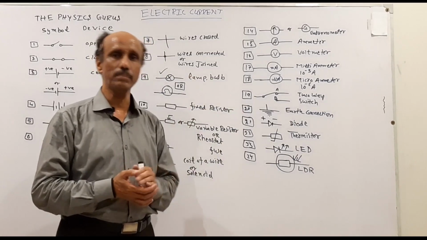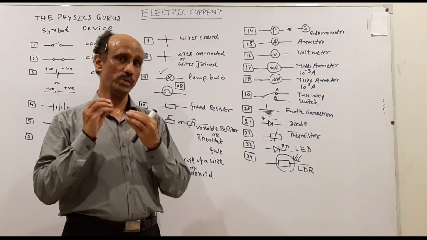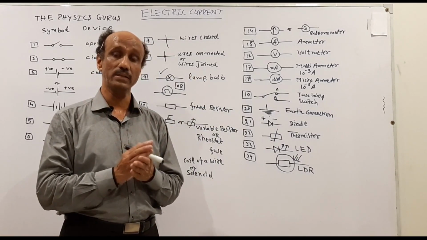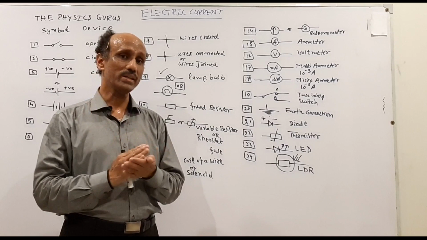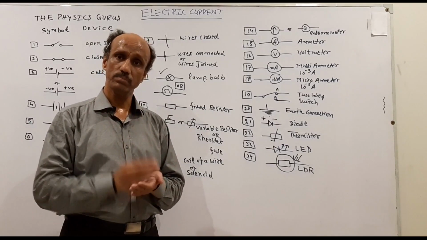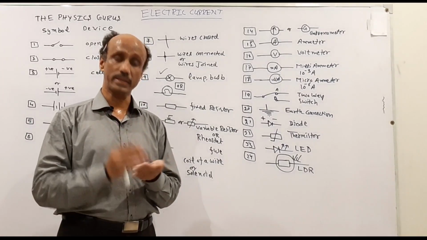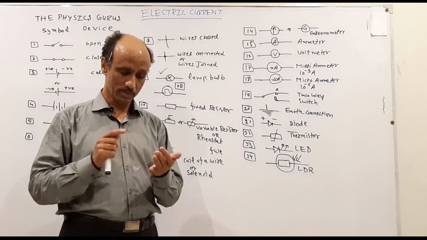So these are the symbols which are related to your topic. I hope that you have a good understanding of these symbols. Remember one thing: draw these symbols, learn these symbols. Stay tuned for the next topic, which we will discuss, the different types of circuits: open circuit, closed circuit and short circuit.